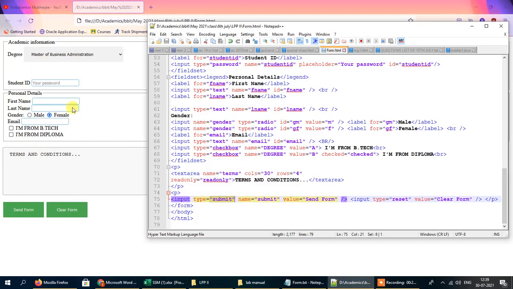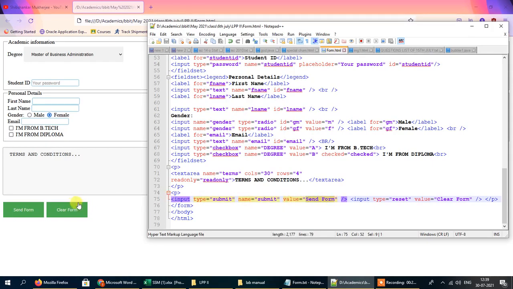so we have not actually linked this particular form to any other page, so this is actually going to do nothing. But if we had linked this form to another page where for instance we wanted to validate the data that was entered by the user, that would have happened after clicking the submit button. Okay, so this submit button is shown as send form.